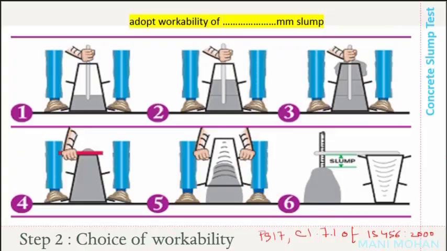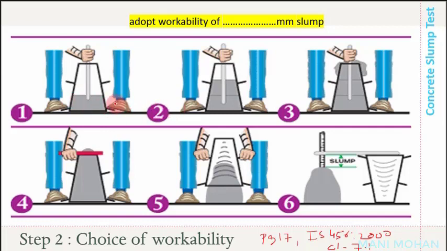So how exactly do you get the slump? Concrete slump is obtained by conducting the concrete slump test with the help of a slump cone, which is in the form of a frustum of a cone having height 30 cm, bottom diameter 20 cm, and top diameter 10 cm. The tamping rod is of 16 mm diameter and 60 cm long with one end rounded.